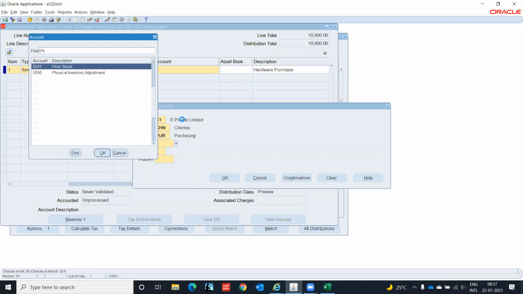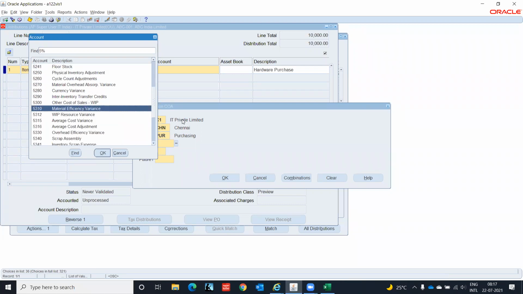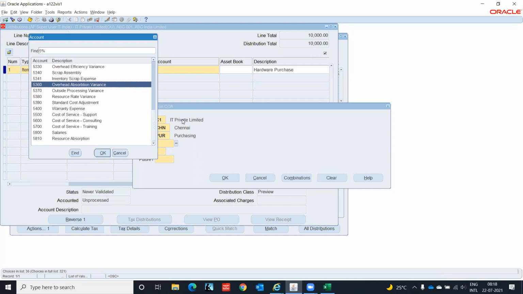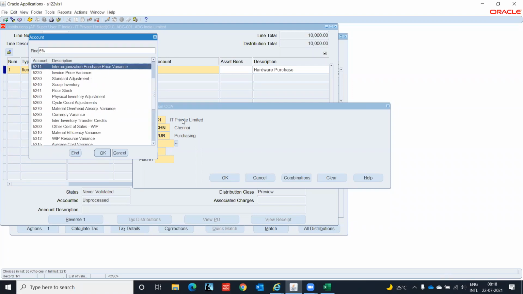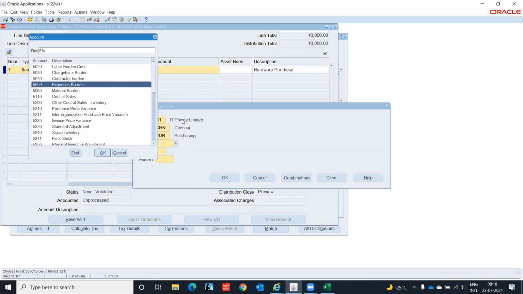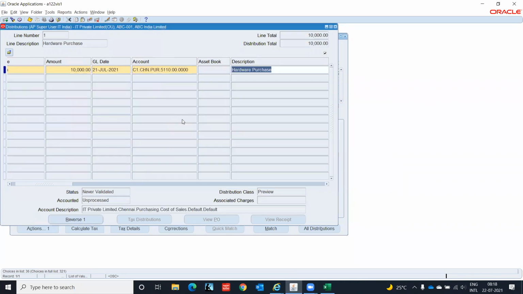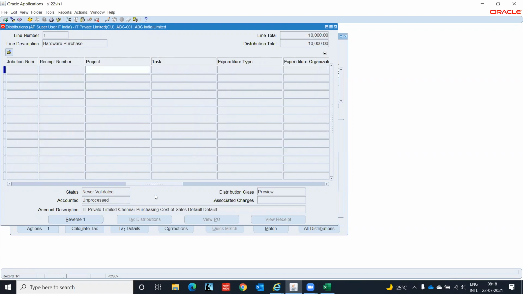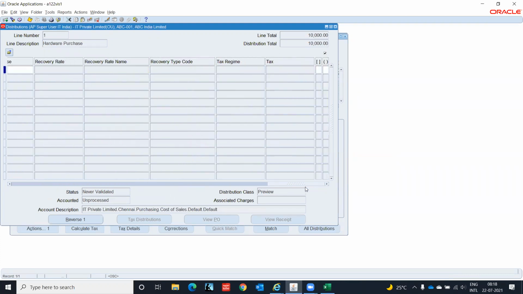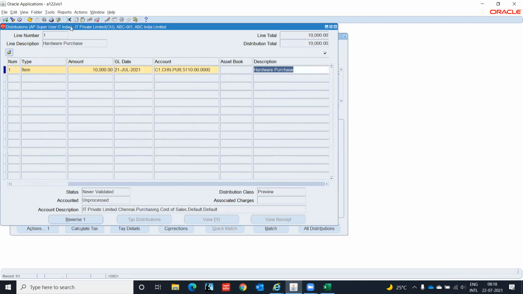So I'm booking under the cost of sales. Right now, no exact accounts available. Click OK. So what you are doing is attaching the expense account to this supplier invoice. Okay, all this done. Once you entered all this mandatory information, click on save.